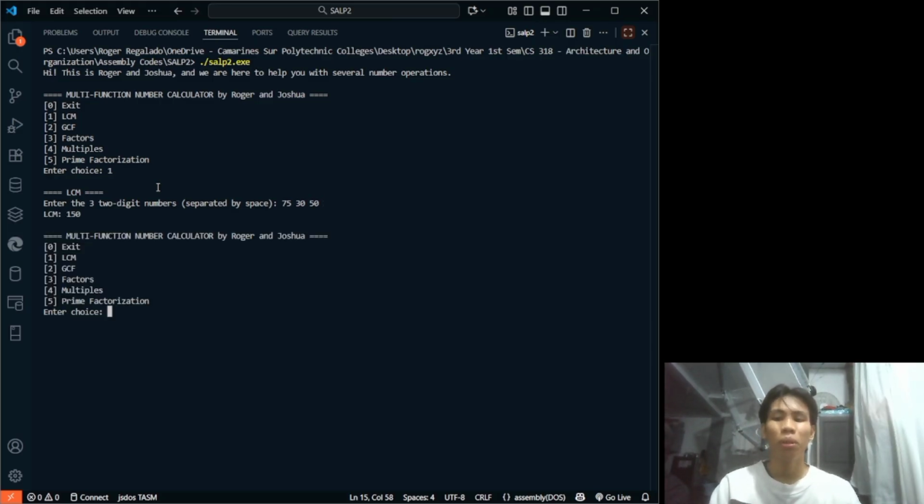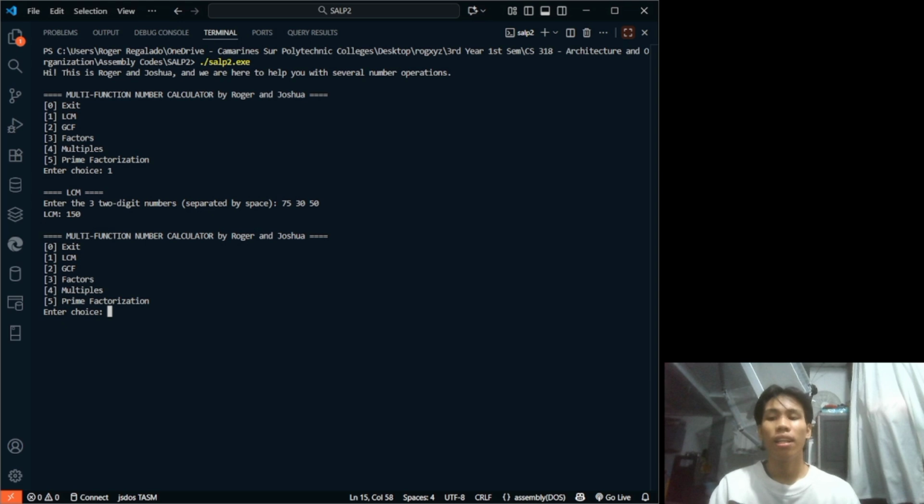So we input 75, 30, and 50, and the program then computes their least common multiple, which is 150. After displaying the result, the program automatically returns to the main menu.